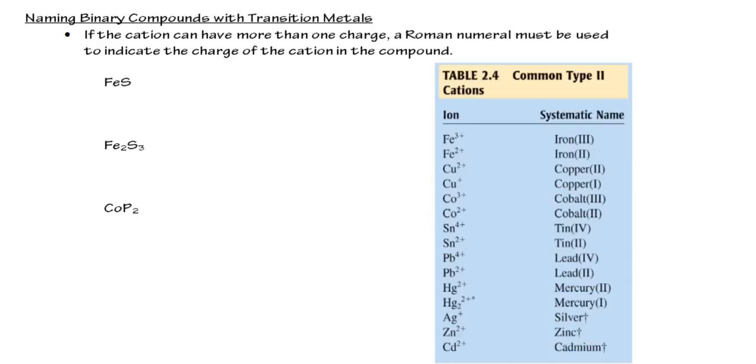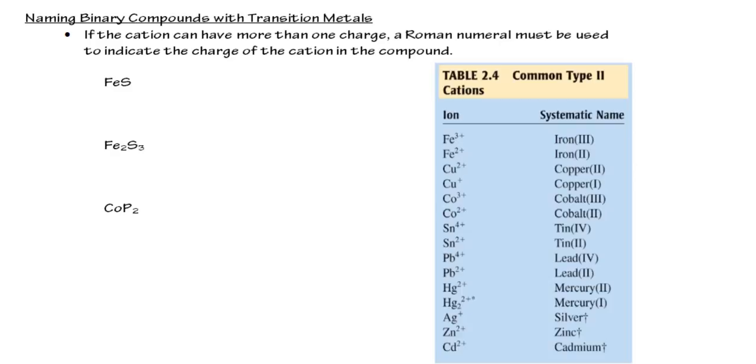Naming compounds with transition metals can sometimes cause more problems. Usually the formula writing is okay. The transition metal's charge is noted by the Roman numeral. But if you have to write the name, then you need to figure out the charge on that transition metal. And I guess first of all, the battle is recognizing that you have a transition metal. So if I see iron sulfide or cobalt phosphide or any transition metal, iron, silver, any of those guys in the center of the periodic table, my mind is immediately thinking that I'm going to need a Roman numeral when